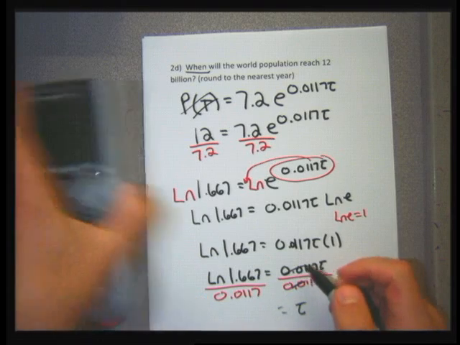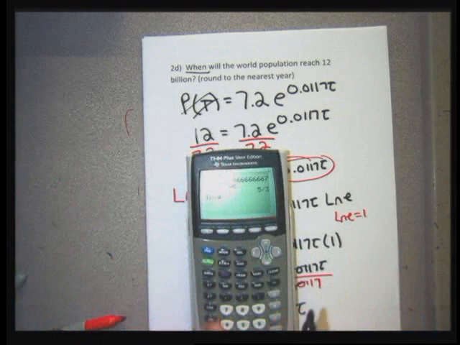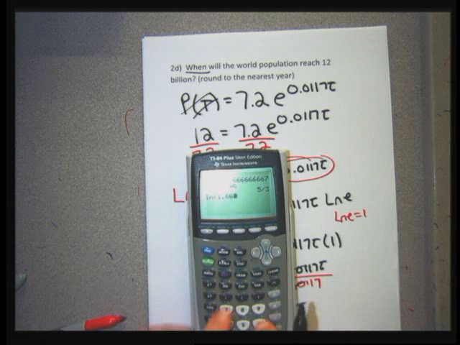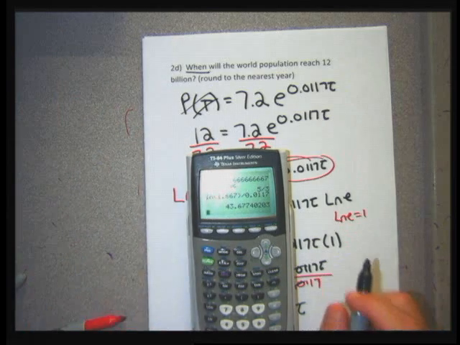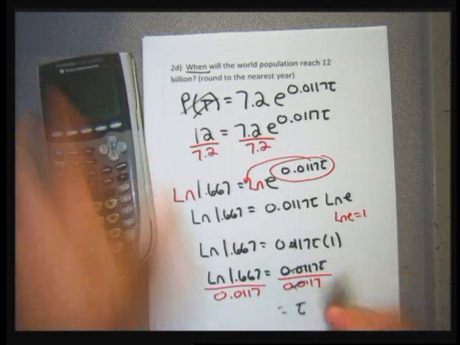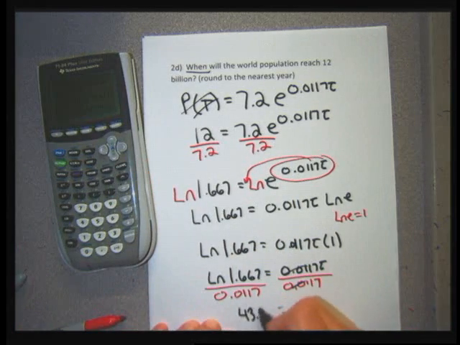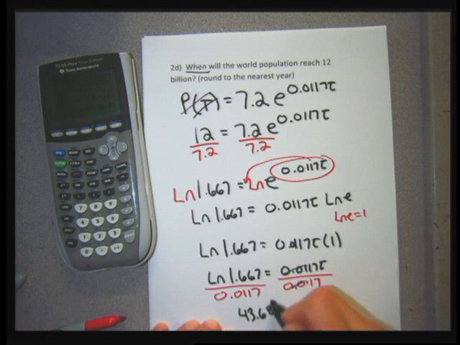And on my right side, it's purely calculator. So ln of 1.667 divided by 0.0117. And I get 43.67, 43 point, it says round to the nearest year. I don't mind that so bad. I get 43.68 years